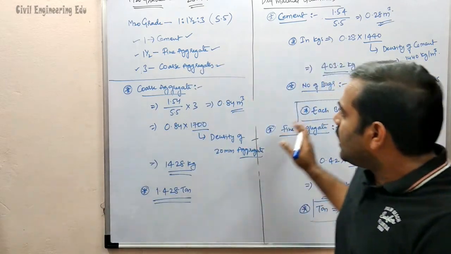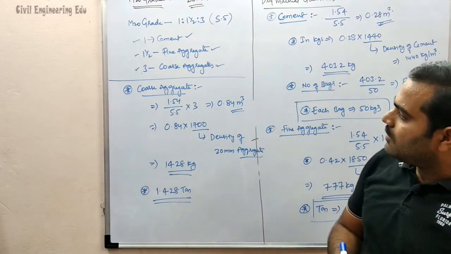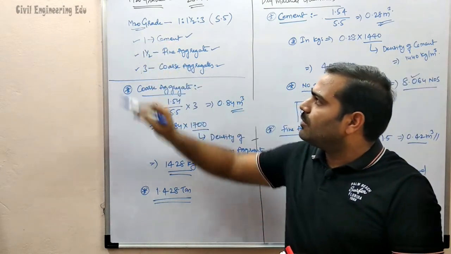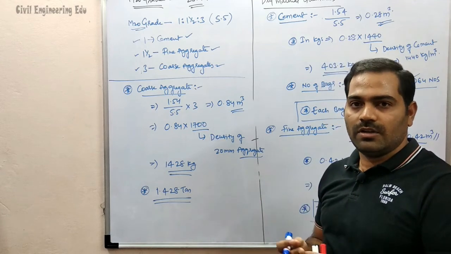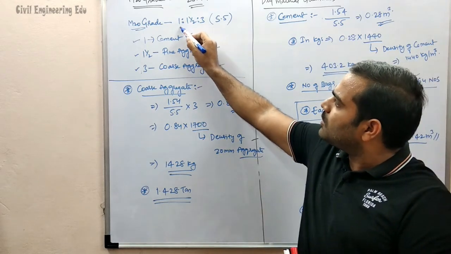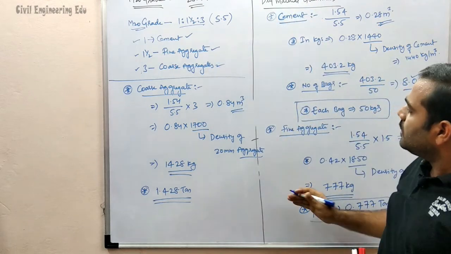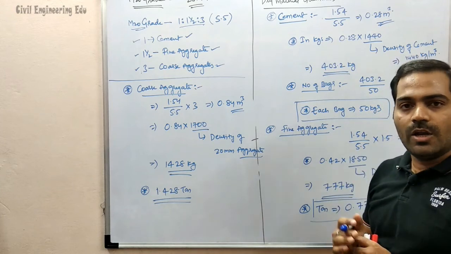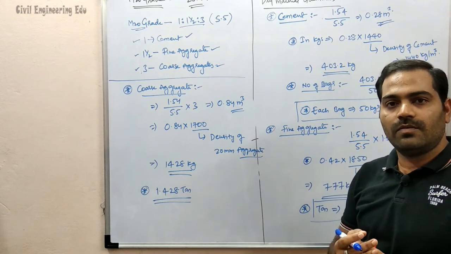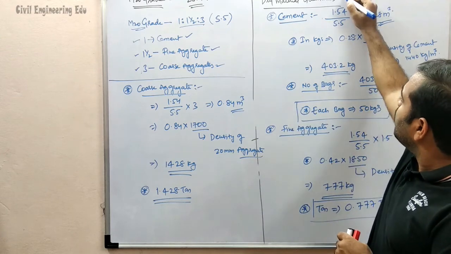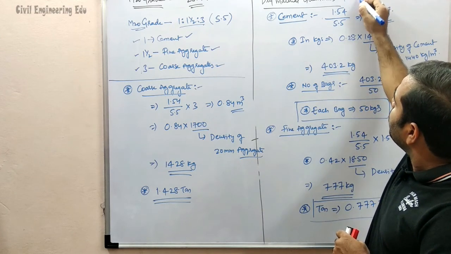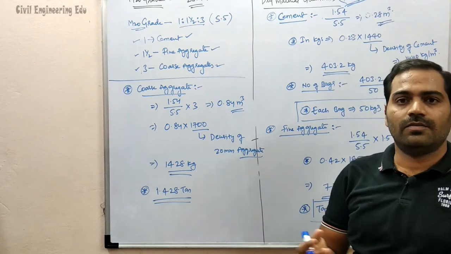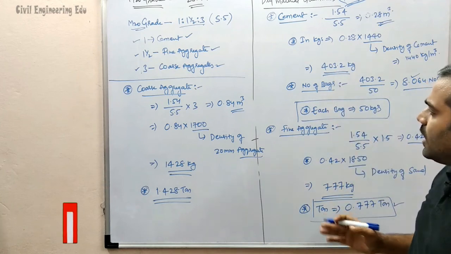So this is a procedure how we will calculate the material required for 1 cubic meter of concrete. Here we can take any grade. It may be M10, M15, M20, M25, whatever it may be. Based on the mixed proportions, we need to do the calculation for dry materials. We should keep in mind that we should not take the volume of wet concrete. We should take the volume of dry concrete. So our dry concrete should be 1.54 meter cube. So we should increase 54% to that of wet concrete. Then we need to do the calculation like this.